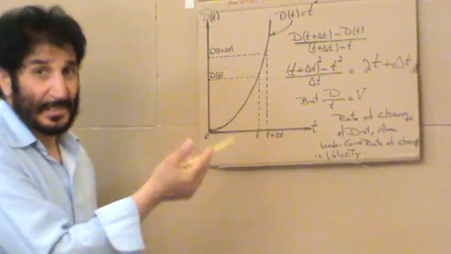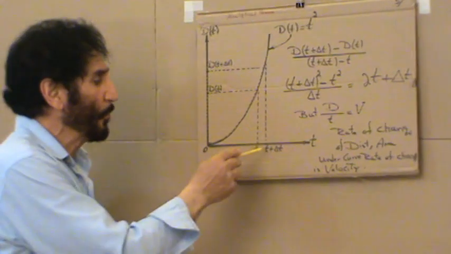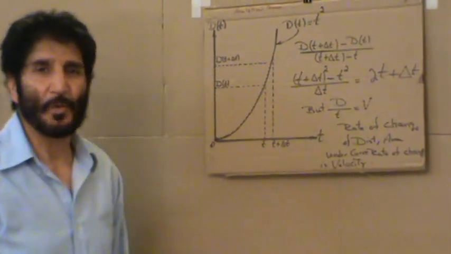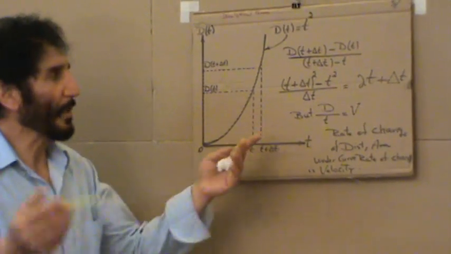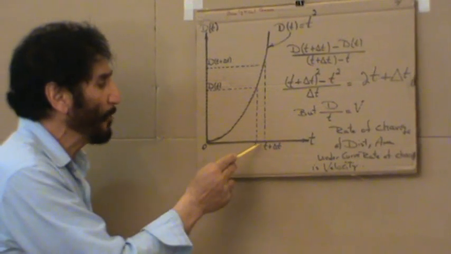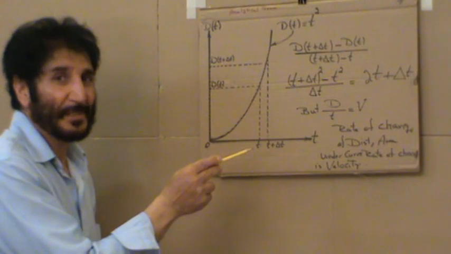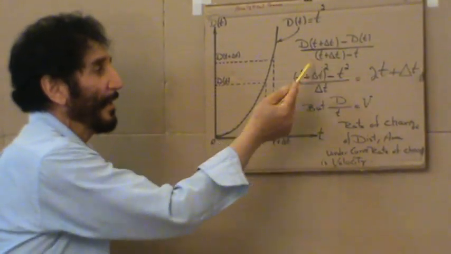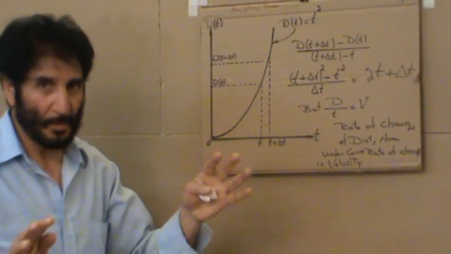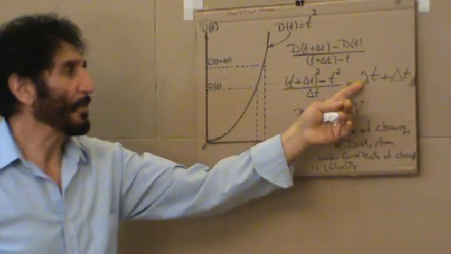Now, since this is a function, it has input and output. So we give the input as t plus delta t, and it gives us t plus delta t quantity squared. We give it t, and it gives us t squared, divided by this interval. This interval is t plus delta t minus t, which is delta t. So I have written here. Now, when we clear that, very elementary algebra, very elementary arithmetic, we end up with 2t plus